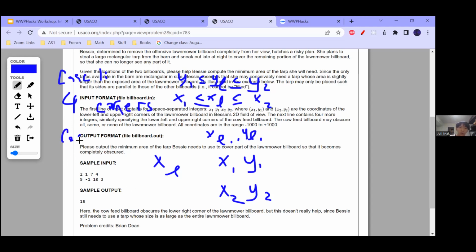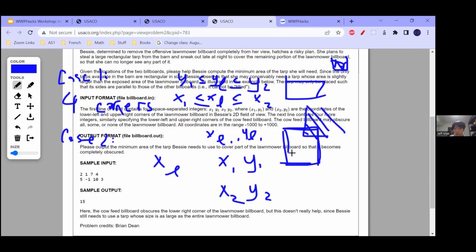And case 2 is if less than 2 corners are covered. If it covers one corner, or is just not covering anything at all, then you'll need the area of the entire lawnmower billboard to cover it.